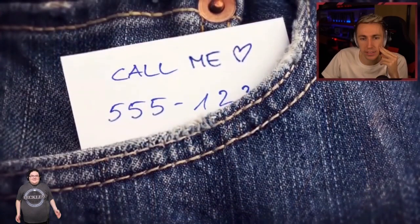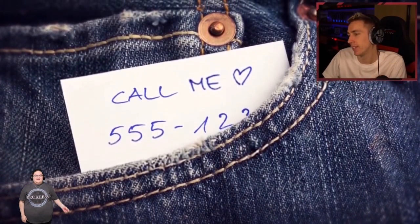From spare change to keys to an important phone number, it makes a great utility pocket for small things